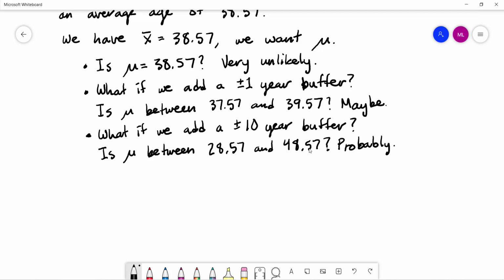And so what you can see is happening is hopefully two things. We are slowly making our margin of error bigger and bigger and bigger. And as we make it bigger and bigger and bigger, we become more and more confident that we're capturing the true value of mu somewhere in that range of values. So we've gone from guessing one specific number to guessing a pretty big range of numbers. And we went from being pretty sure that we were guessing our value incorrectly to the point that maybe yes, maybe no, all the way up to being probably. And if we really wanted to take this to the extreme,